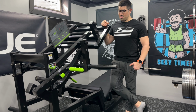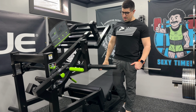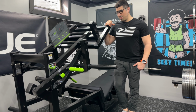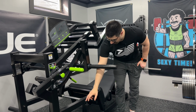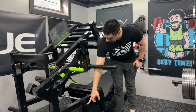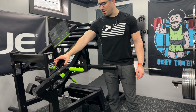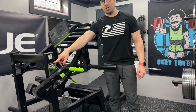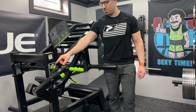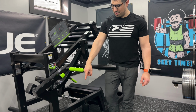So in order to get this to my basement, I had to partially disassemble it, because probably 90% of the frame comes fully welded. So if you're planning to get it in the basement or taking it somewhere else, it is really heavy and complicated to carry around. I have no idea how I got it downstairs, but I removed the extension legs. These you can bolt down, then remove them, and then the foot plate assembly. There are two brackets, one on each side. There are some bolts that you remove, and you need to be careful because there's a piece of metal on the other side inside the frame that has threads, and the bolt threads into that. So if you remove these bolts, that bracket piece falls all the way down,